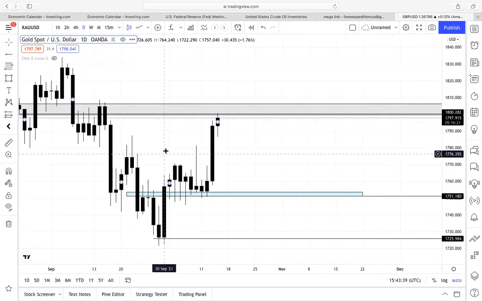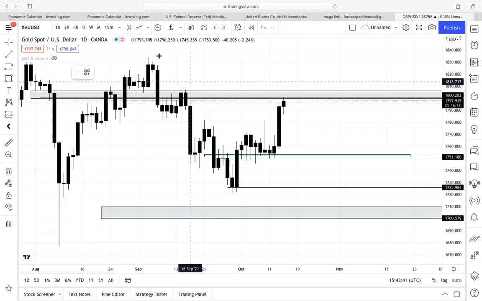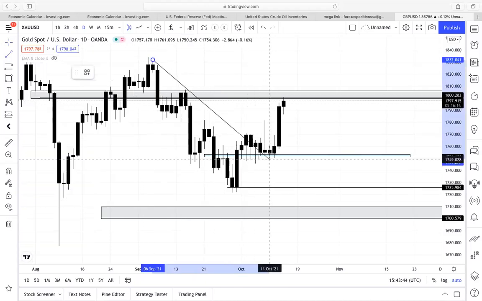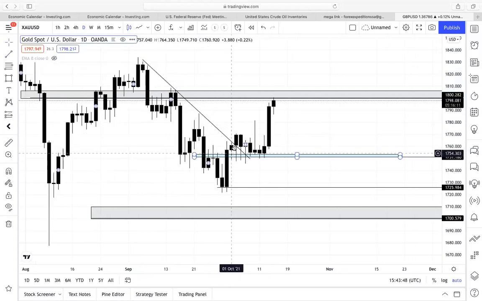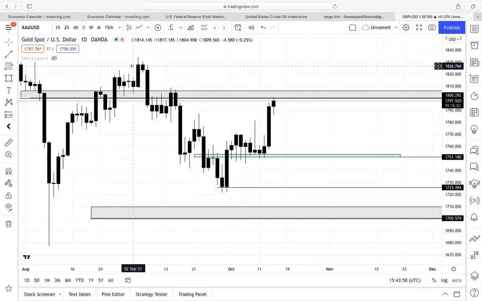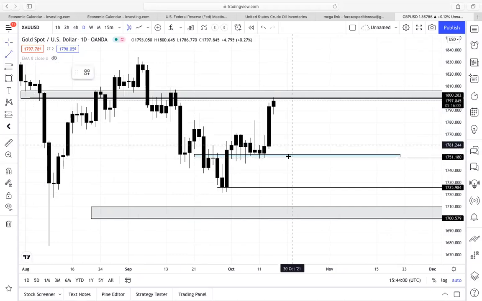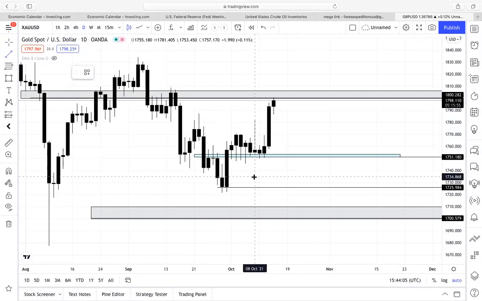Now, we can see that price was moving in what trend? It was moving in a downtrend the whole time, right? Price giving us lower lows and lower highs in the market and bouncing off the trend line. Price broke the trend line. It started retesting the 1,750 level. Now, obviously, when price does that, it simply means that price wants to create. Remember I said, if price breaks above a key level and then stops with little candles, it shows that price is about to change direction.